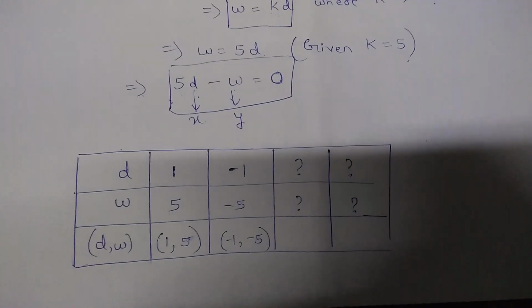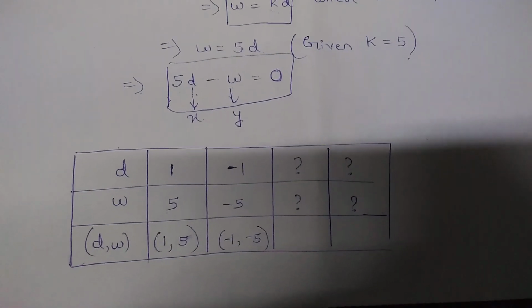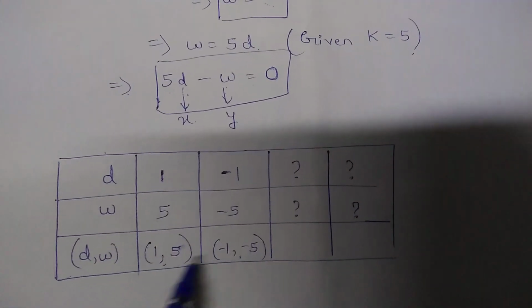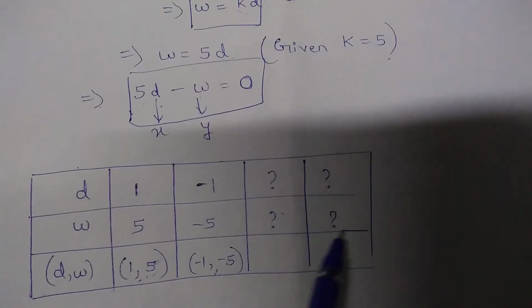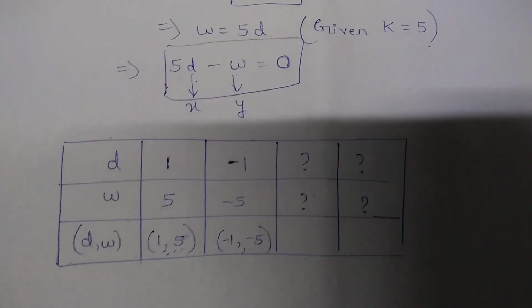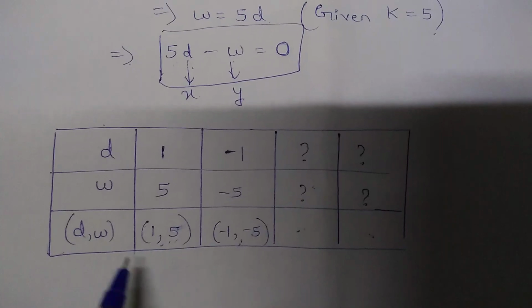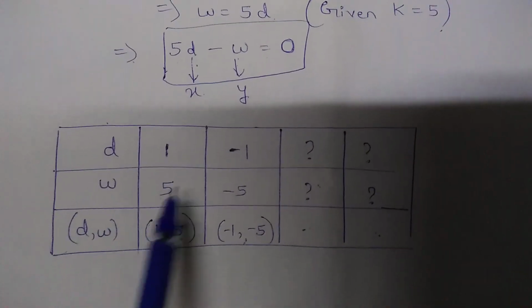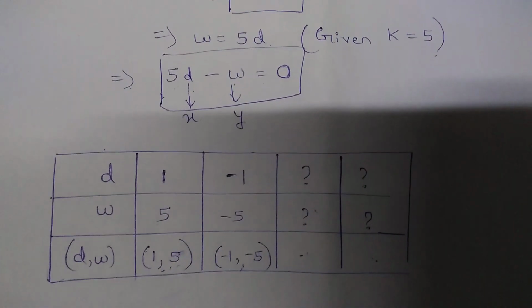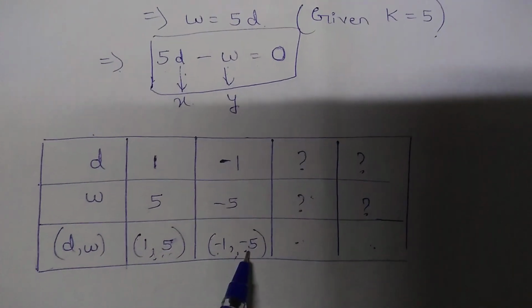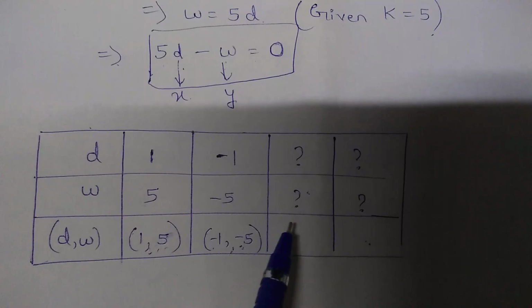So now I have found the coordinates by using the trial and error method. I have only found out the first two coordinates, and the remaining two coordinates are for your homework. You have to find the remaining two coordinates and also plot these 4 points, that is these 4 coordinates, on the graph paper. Now I will be plotting the graph using these two coordinates only.